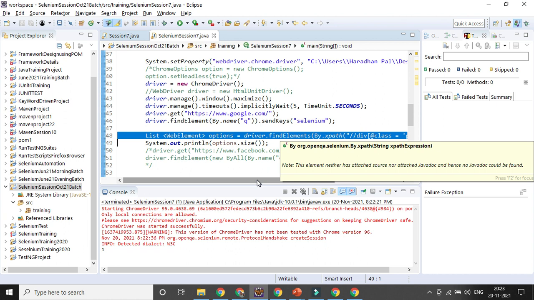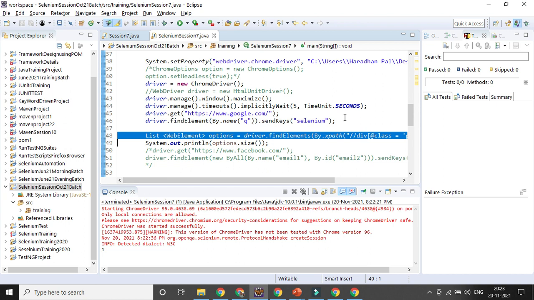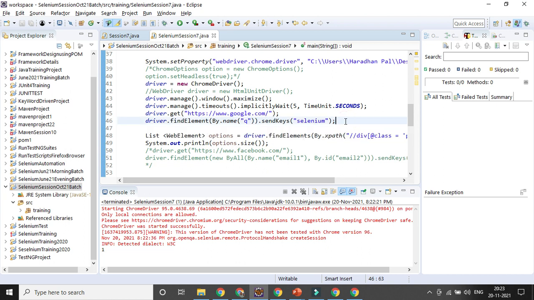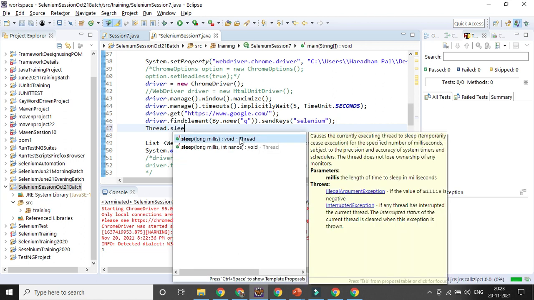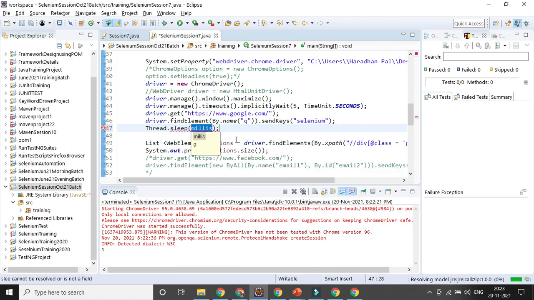Before clicking on that, maybe we can wait for some time, otherwise it will not give the correct one, because after giving Selenium, it will take some time. That is the reason I should give some Thread dot sleep to get the correct result. Maybe 3 seconds, I can give 3000.